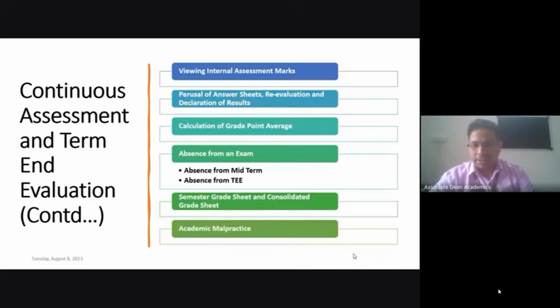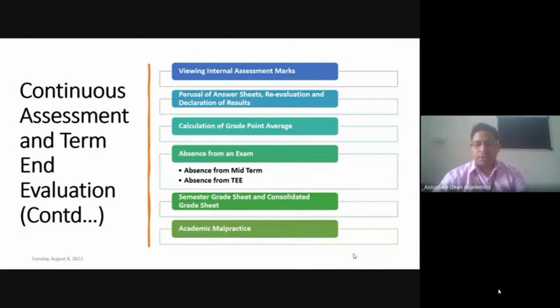You can ask any query related to these points, but ultimately there is a system developed in our university for computation of grades for a particular semester and up to that semester, which is called CGPA. There is a predefined formula for grading, and a predefined system for relative or absolute grading, depending on the course type and the class strength.